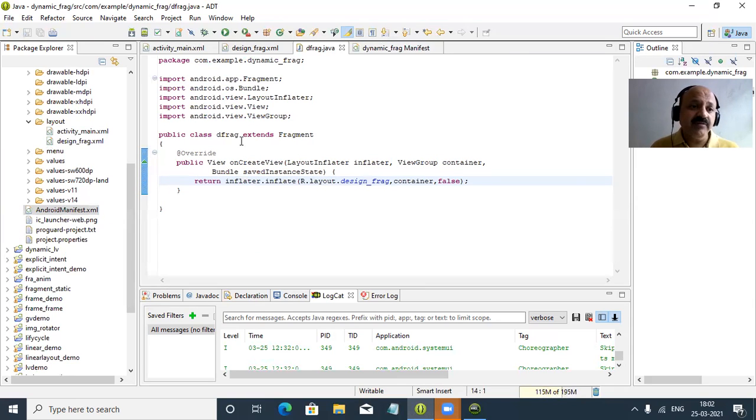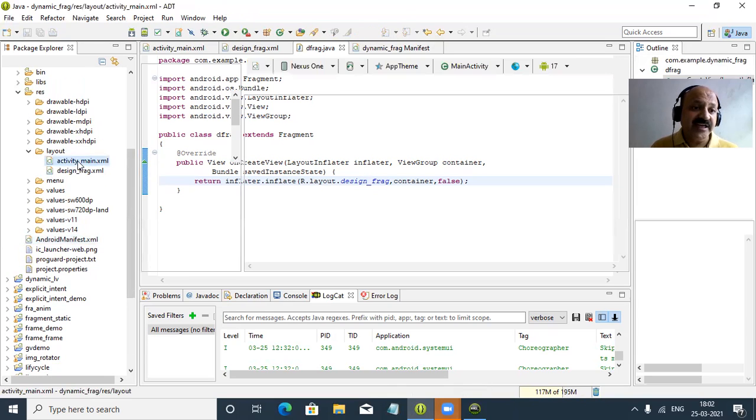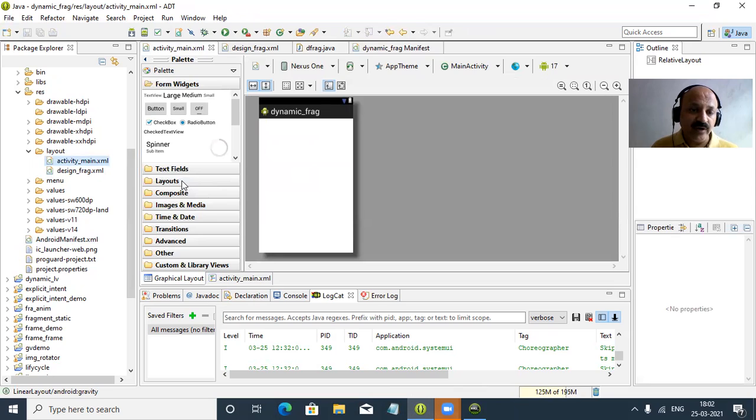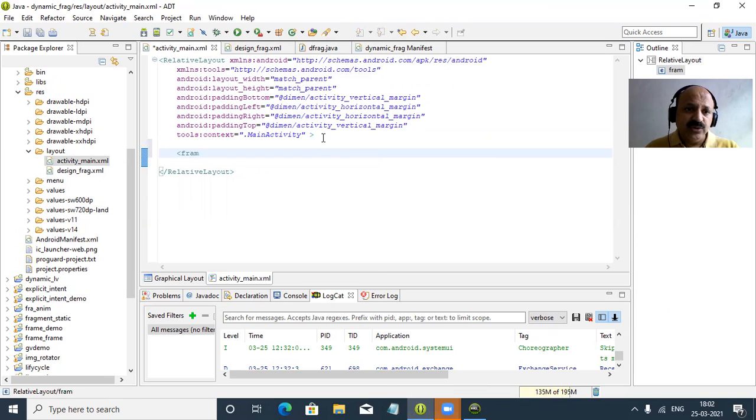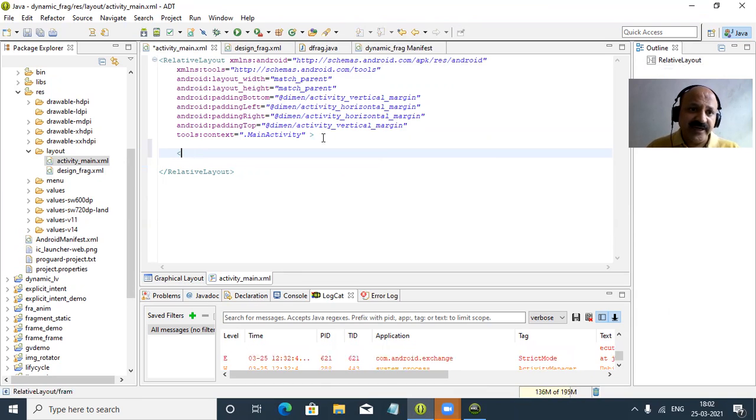Now, in the static way, as in my previous video lecture, we used the main activity, and we took one layout folder and a fragment control. But that is a dynamic way, so a fragment control I cannot take, but we can take one layout. Yes, which layout? Any one that we can attach to. Any layout you have to provide. For nesting, we can take any layout. So yes, we can select a frame layout, any layout for our fragment, so the fragment can be attached dynamically.